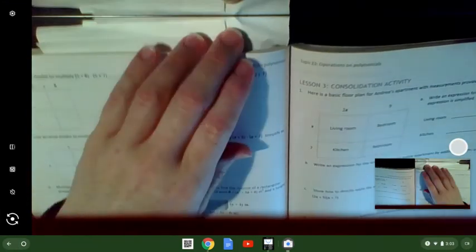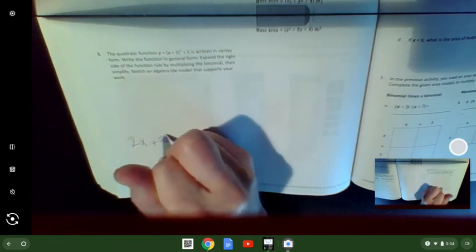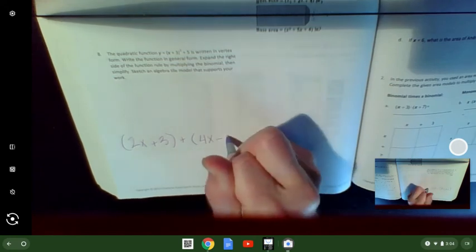So as you all know, we have been talking about quadratics, equations that have a highest exponent of 2. But what we haven't really spent a whole lot of time doing is figuring out where that x squared comes from. We know that when we combine like terms, and I'm just going to make something random here, if I have 2x plus 3 plus 4x minus 6,